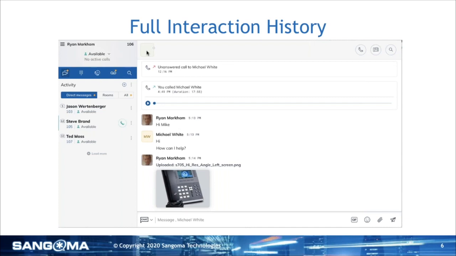Just make sure you choose that, and we can follow up with you and talk with you about options that you have to take a FreePBX deployment and turn it into a PBXact deployment.